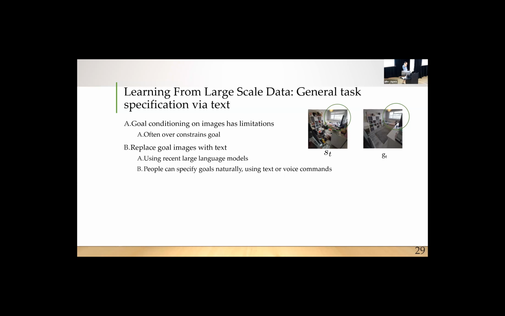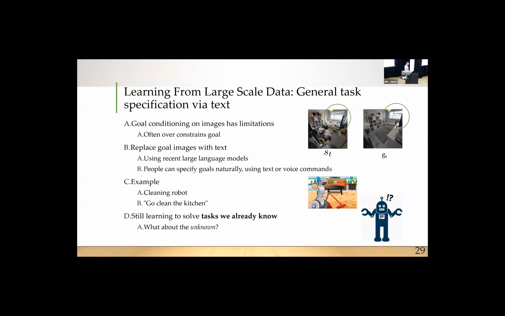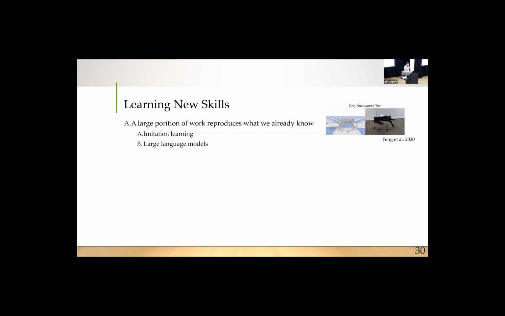But basically, it could be really nice to be able to replace some of these things with text. Images tend to over-specify problems. Text tends to under-specify the problem, but that gives us more freedom to do things. So if we can use more natural goals, we can just say, go clean the kitchen, things like that. I don't need to provide an image now, which is nice because we can get away with never having to have our room clean, as long as someone else cleaned their room. And now we can reuse this data. So we want to get now to tasks that we don't know much about. This is helpful because a large portion of things we apply machine learning to is things we already know how to do.